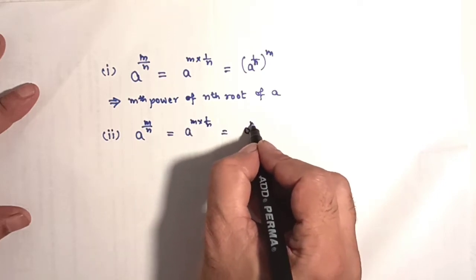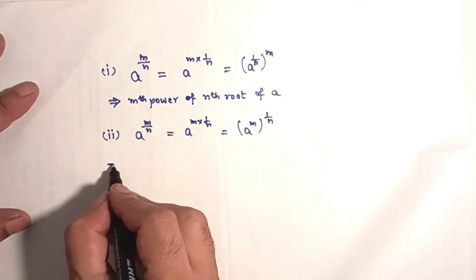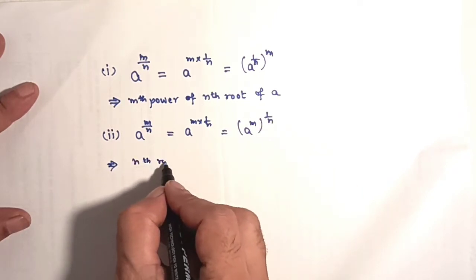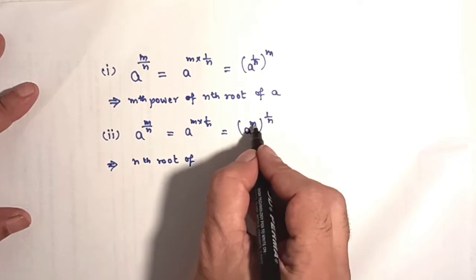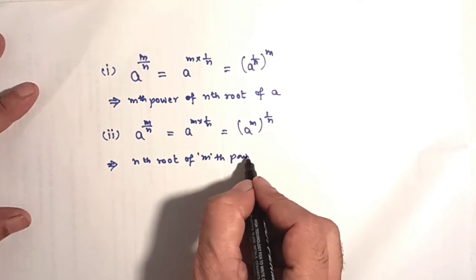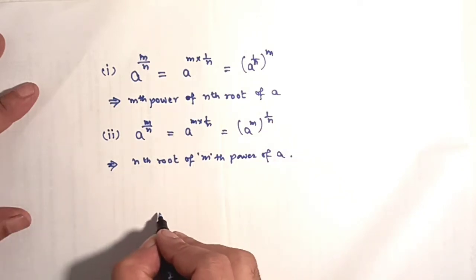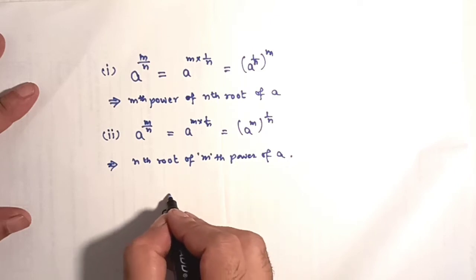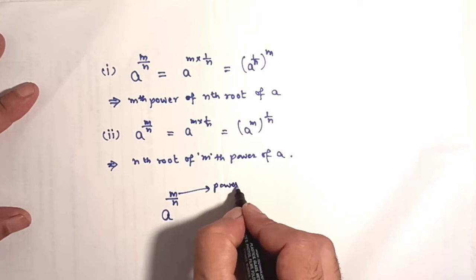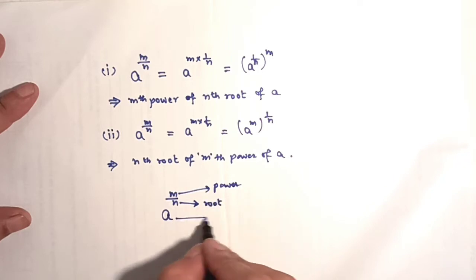which is equal to a raised to m into 1 upon n, which can be written as a raised to m and then 1 upon n, because these are the product. Now if you look at this, it is nth root, so you can say nth root of mth power of a. This means when you are having a raised to m upon n, this will be your power, this will be your root,